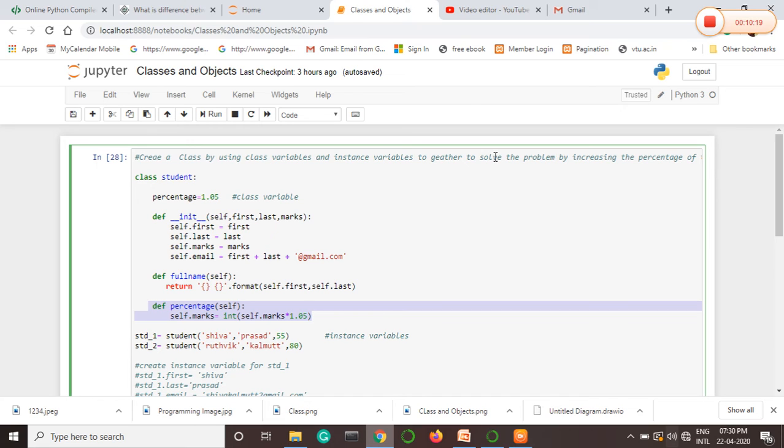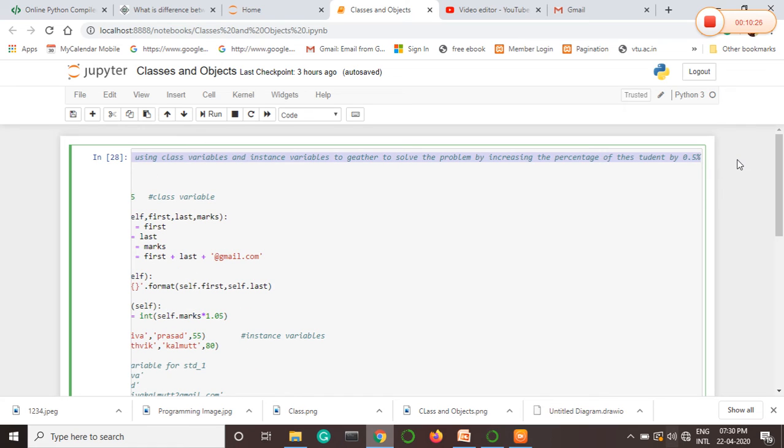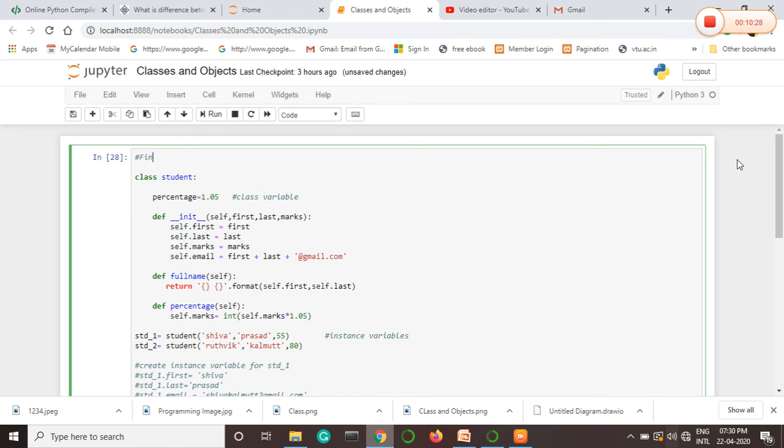And here there is one more option, wherein I will remove this. Okay, now I want to find the elements of the instance variable and also class variables. What are the elements that are present in the instance variables and class variables?